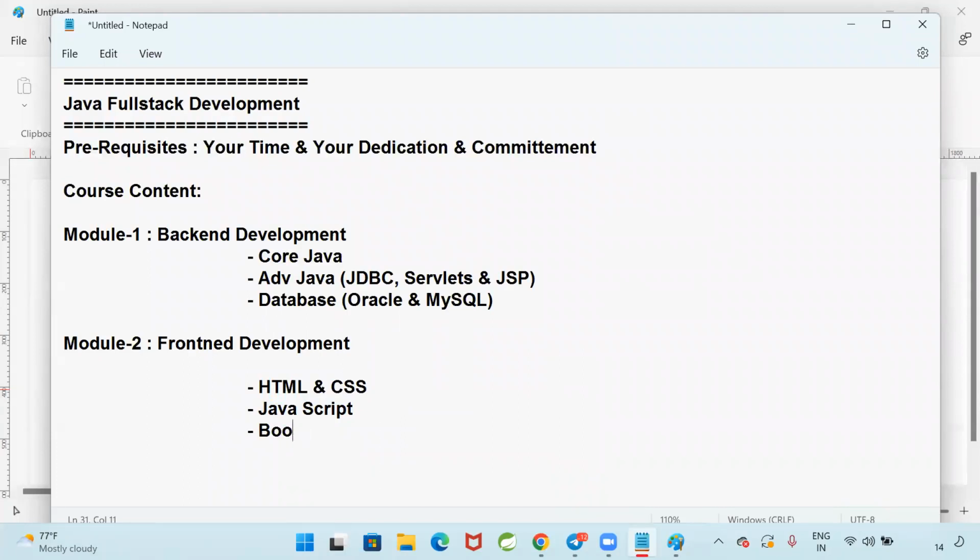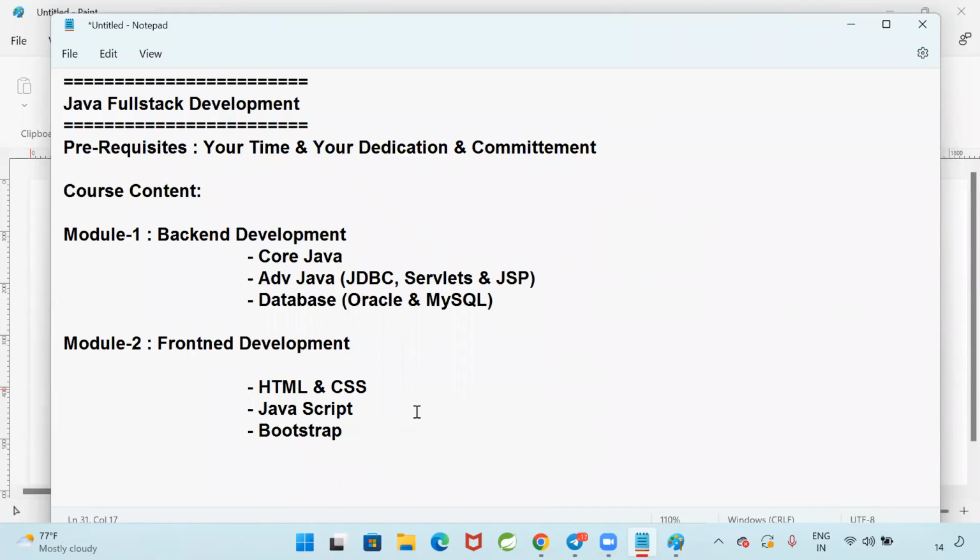Bootstrap is used for styles only, but for mobile compatibility. You can access a website on the computer in the browser, or you can access the same website on the mobile also. When I open a website on the mobile, it should display as per my mobile size. It should adjust as per mobile size. Some people will be using Apple mobiles, some will be using Samsung, Redmi. Different heights and widths will be available. As per our mobile window size, my website should be adjusted. For that, we are going to use Bootstrap.